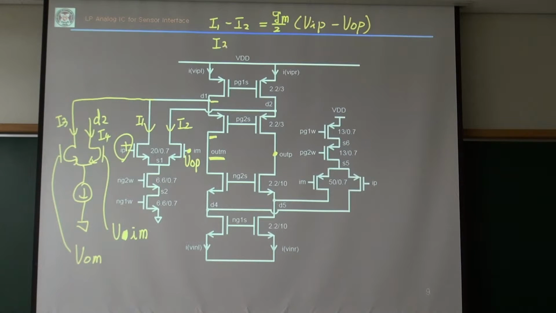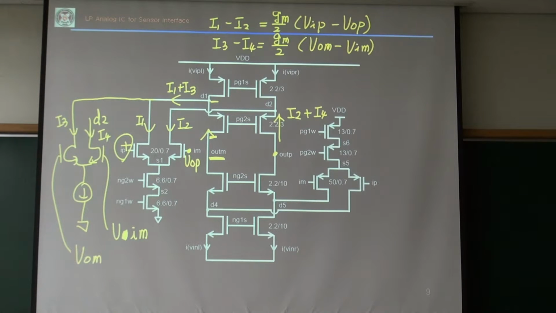So I3 minus I4 is half GM, VOM minus VIM. So, yeah, those two currents, the sum of I1, I3 flows there. It will flow here, okay? It will flow here. Okay, how about here? Here, I2 plus